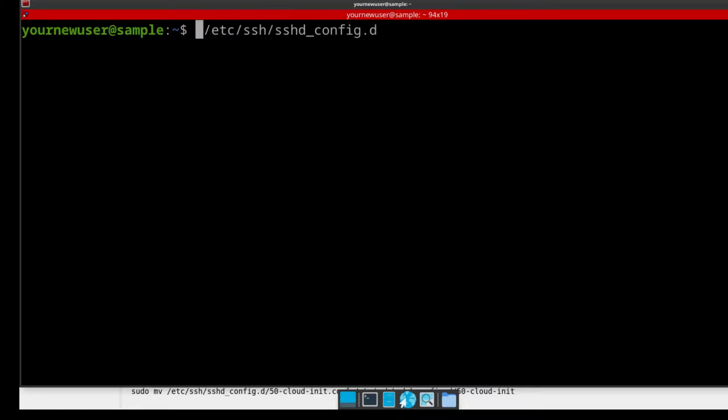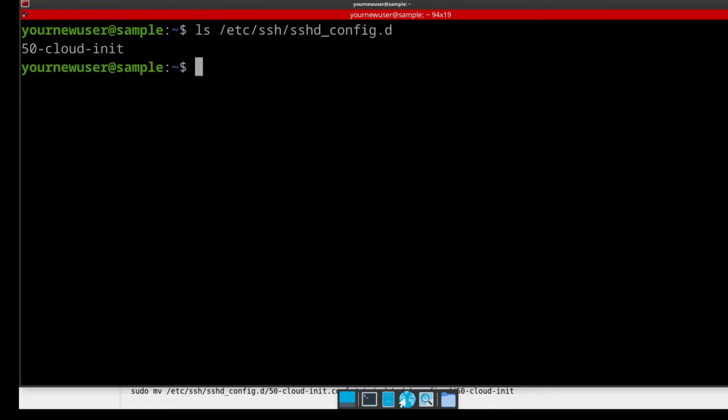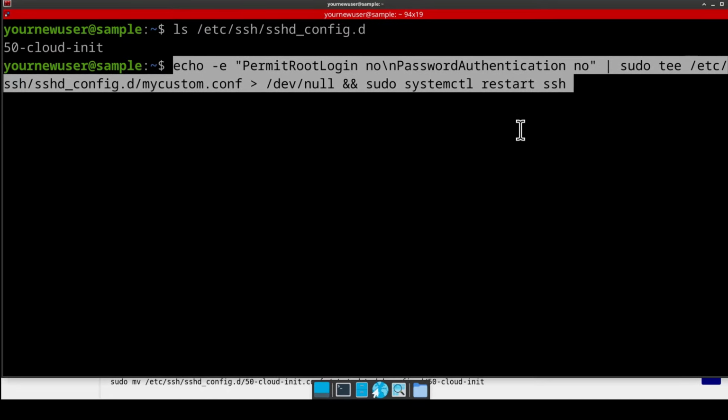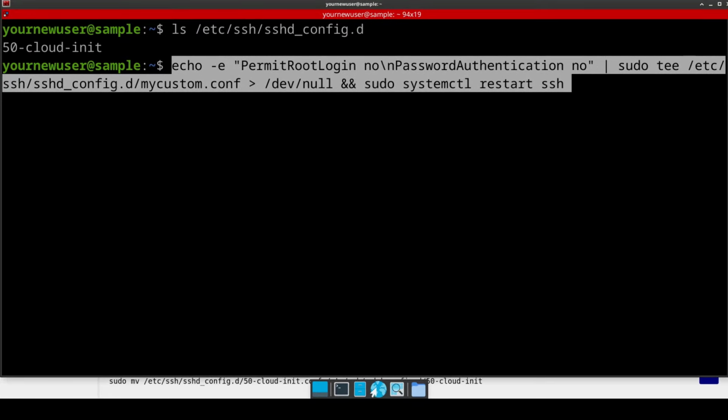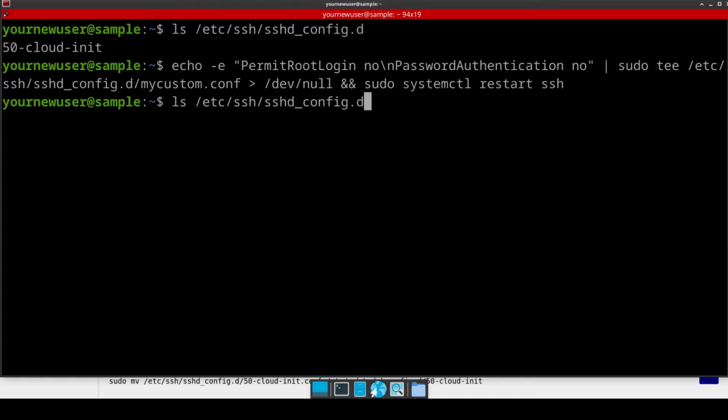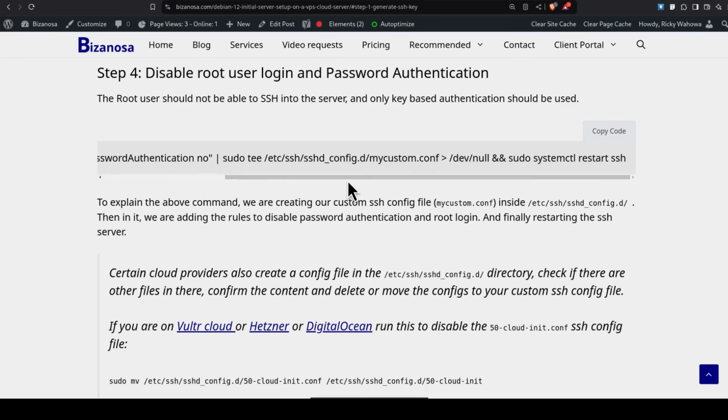If I do an ls inside of this directory, you'll see now we have that, but we want to create our configuration file, enter. Once you create it, if you do an ls in that directory, you'll see now we have our mycustom.conf. You can call it whatever you want. That's just an SSH configuration file that will be loaded along with the default configurations for SSH. So after doing this,